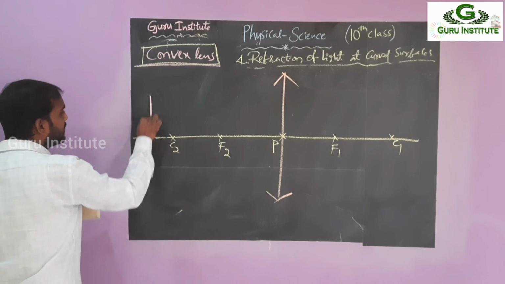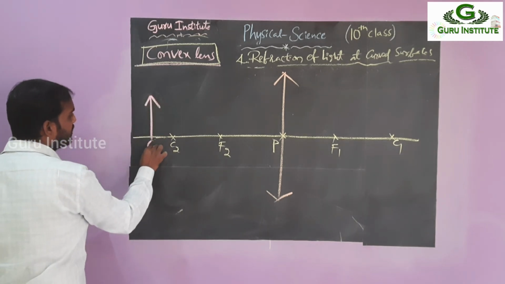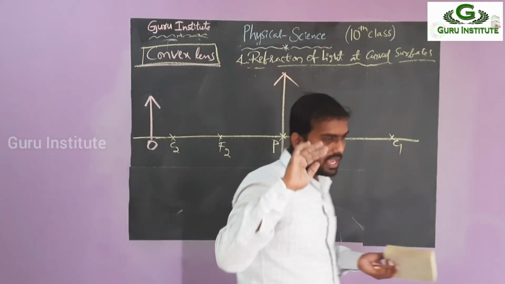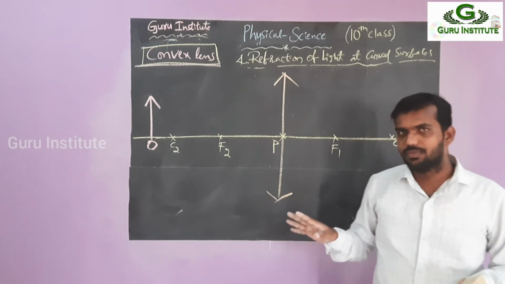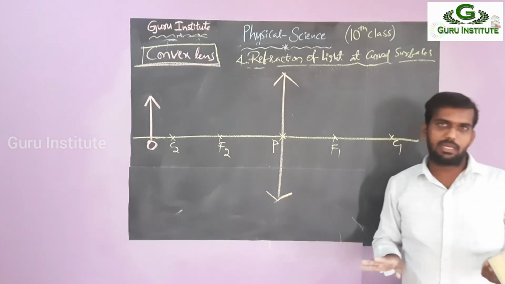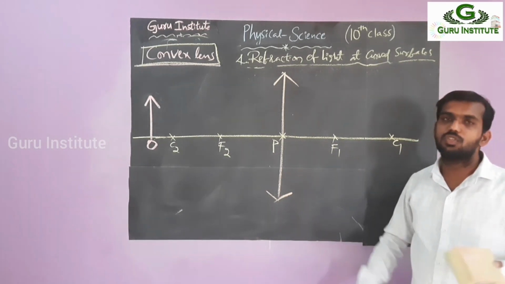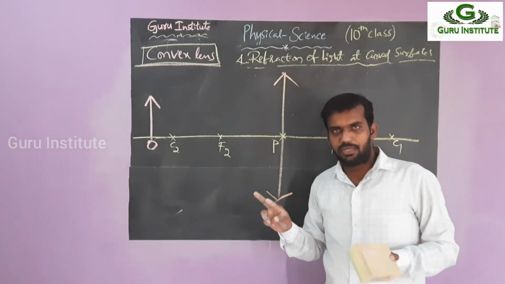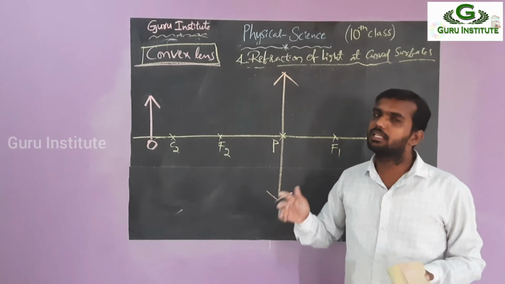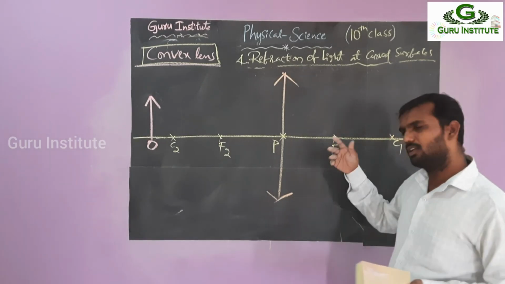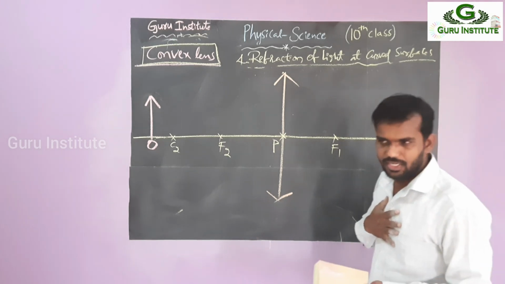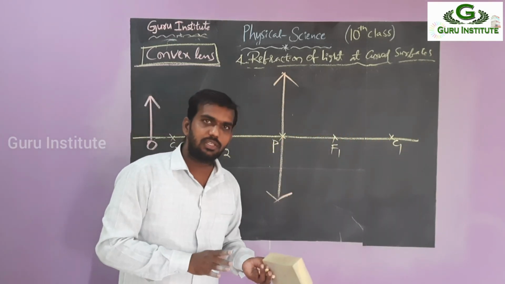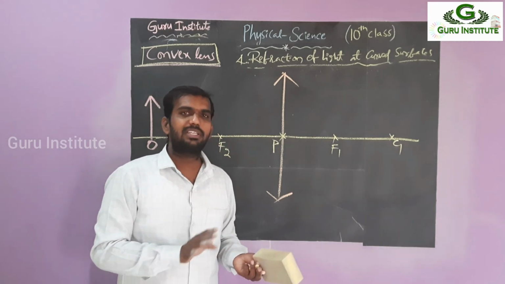What object are we taking? One arrow, right? Actually, this is a candle. Object 1. So we are using three lines here. Parallel to the principal axis, passing through the focus; passing through the focus, parallel to the principal axis; and passing through the pole, there is no deviation. In the mirrors we use the first two lines for some cases. If the second line is not applicable, we go for the third line. Here also you can take it like that. But for our convenience, we are taking the first one and the third one: parallel to the principal axis, passing through the focus, and through the pole, no deviation, for easy drawing.